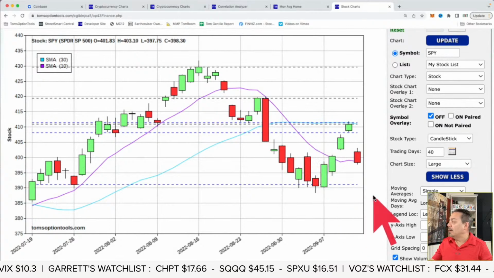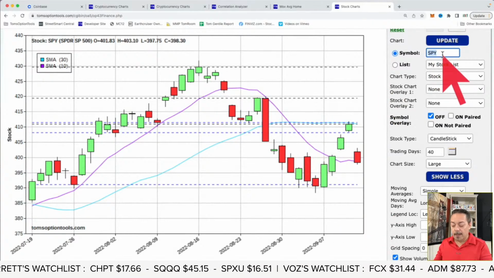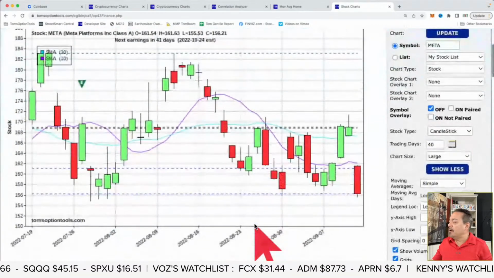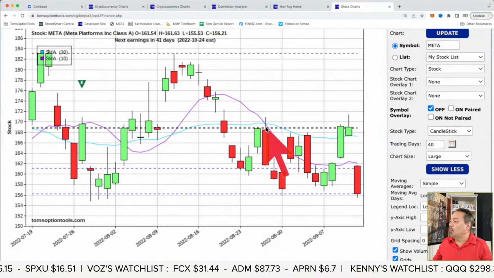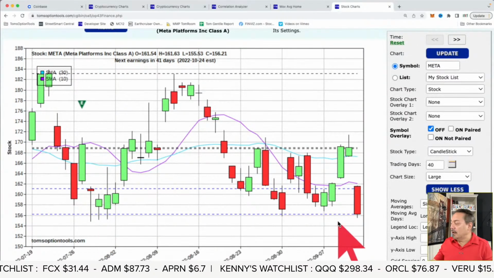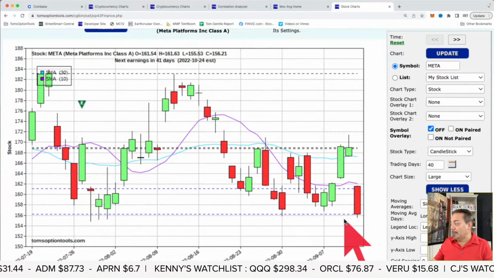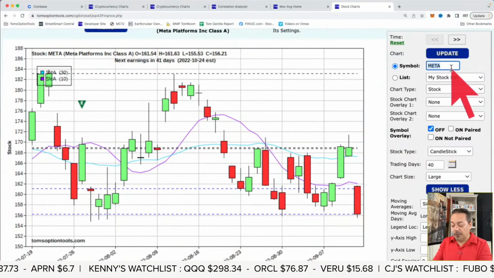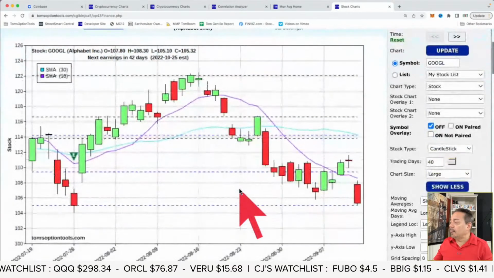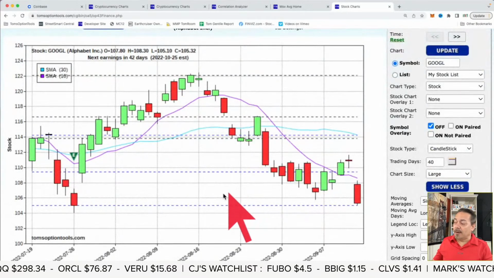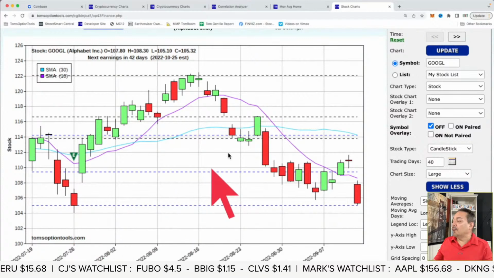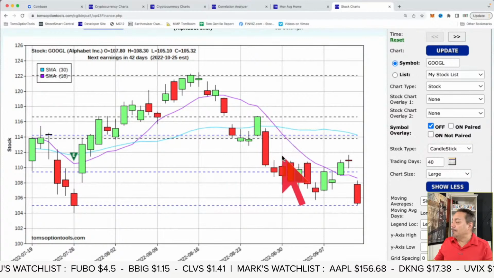But you take a look at several different stocks. We'll look at a few other things here. How about Meta? Meta is a very interesting one, too. When you look at Meta, it did the cross here just below 170, and we're at 156. And here's Meta Platforms coming down and doing a little double bottom down here, really a triple bottom. So that's Meta. How about Google? Let's look at all the FANG. I haven't looked at FANG in a while, but we're going to look at it in relationship to what we're doing right now. Google or Alphabet is double bottoming down here at around the 105 area, but the cross came when we were up here above 110.